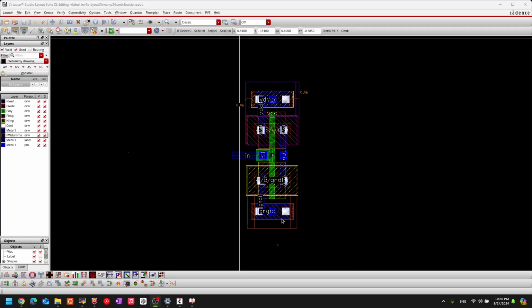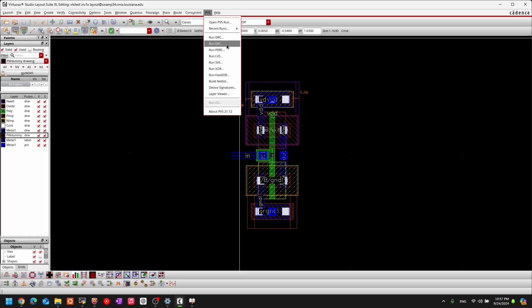So yeah, you have to match the LVS, and this LVS stage is done after DRC. So DRC is the first stage of verification, verifying whether the layout doesn't violate any rules, and LVS is the second stage. So go into PVS, click on Run LVS,